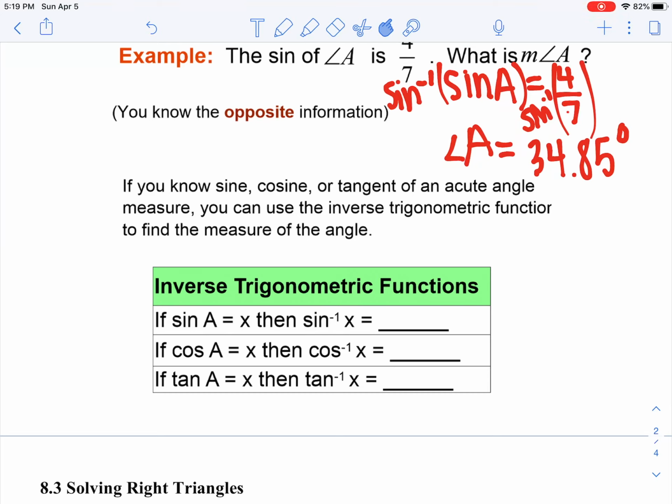Okay, so if you know sine, cosine, or tangent of an acute angle measure, you can use the inverse trigonometric function to find the measure of the angle. So we can do that same process with any of those three trig functions. So if sine of A equals x, then sine inverse of x equals A. If cosine of A equals x, then cosine inverse of x equals A. If tangent of A equals x, then tangent inverse of x equals